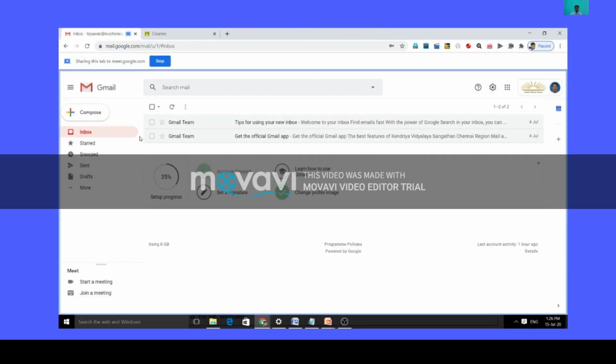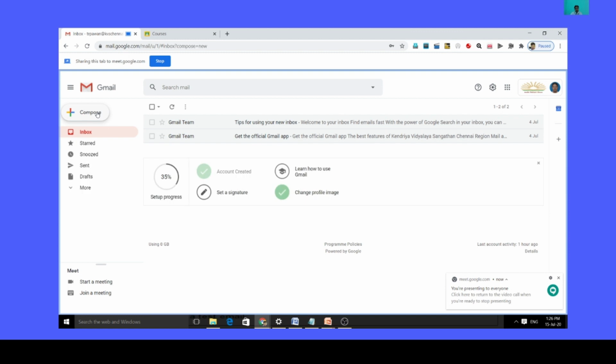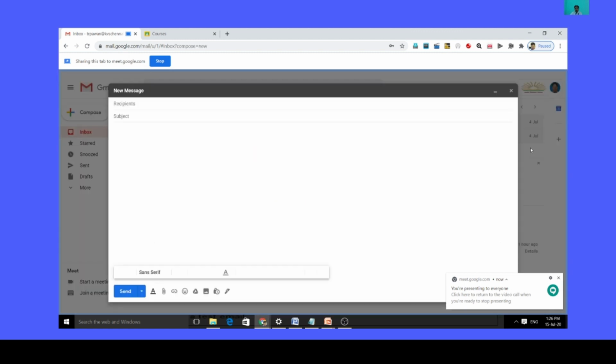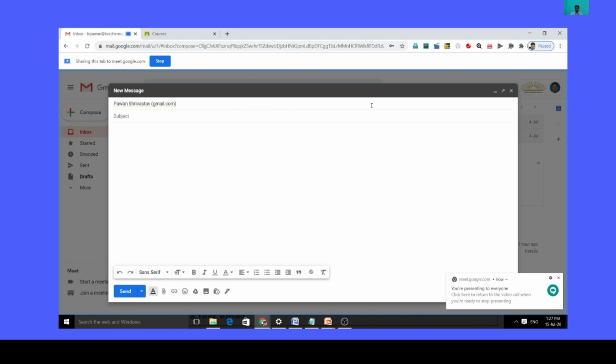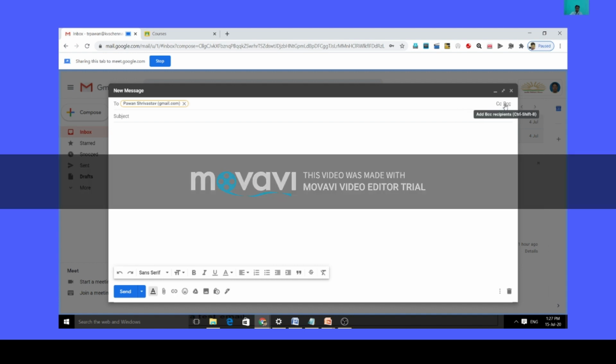Okay, see this email here. I am clicking on compose, so I'll just expand it. Here you will put the email address to whom you want to send the email. I have entered my email address @gmail.com, and further you see here we have two options, CC and BCC. What is CC, what is BCC? Once I click on CC, I'm telling you, please keep your mic on mute.